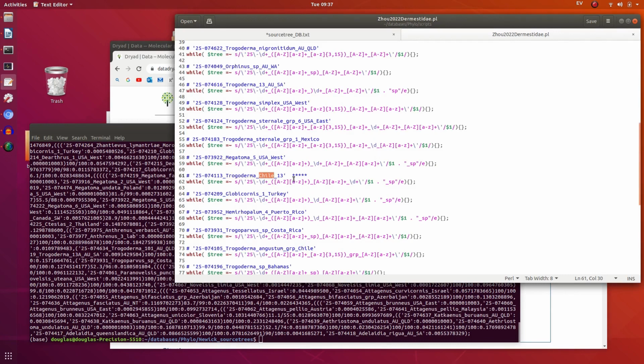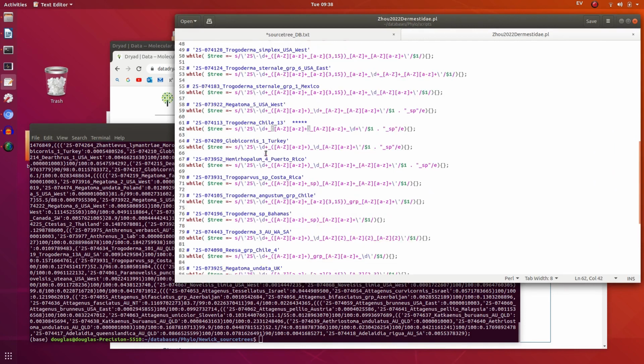Now if you're told single uppercase, multiple lowercase, underscore, single uppercase, multiple lowercase, you might assume this would be a genus followed by a subgenus. Well, in this case, this is a genus followed by a country. So this really should be fielded to denote these. And then we have genus, number, country,